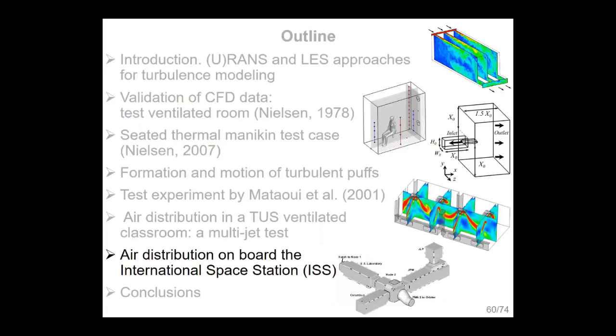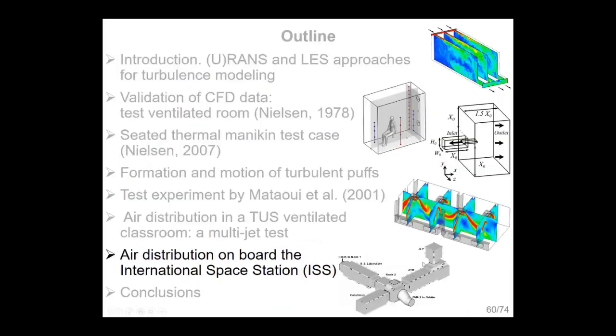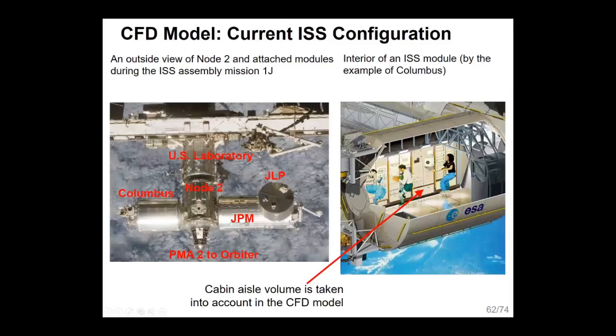Here are the conclusions. And finally, air distribution on board the International Space Station. For the International Space Station, that is a rather complicated configuration with several rooms, like one module of the International Space Station is shown here, and they are connected one to another, and each room is supplied with numerous supply diffusers. It is not possible to perform real unsteady modeling, especially under pressure of the